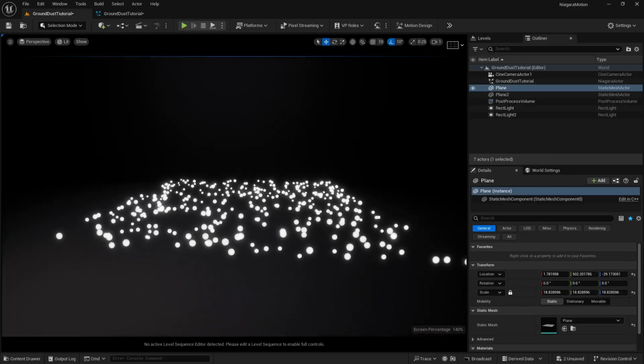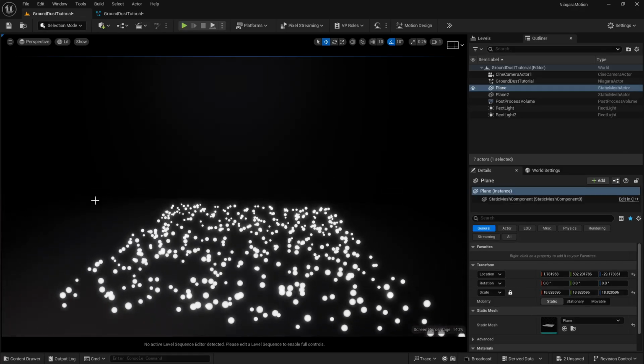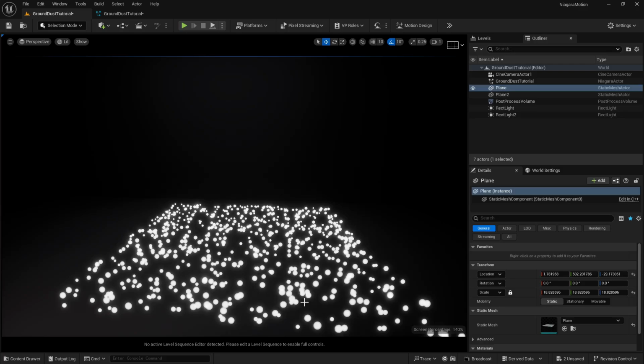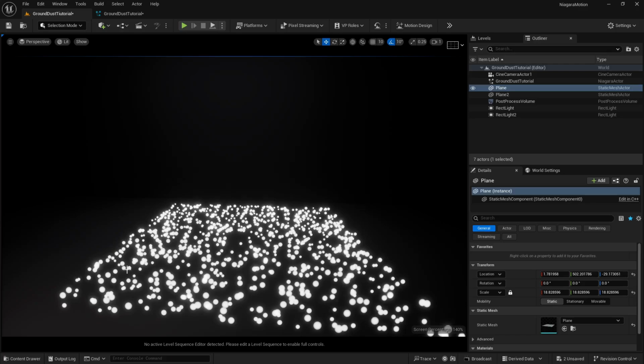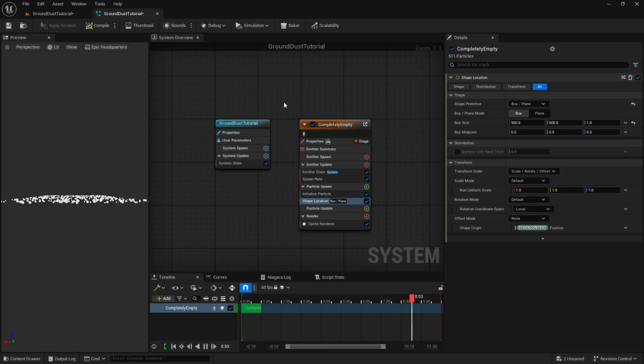So now you can see, if you want, let's say, more area to be covered, you can make it bigger, and it is not going to be that expensive because now we are using only Niagara effects. We are not using Niagara fluids here. Now let's just go back here as well, and if you want, you can play with the scale mode as well and all that stuff. But now we need to move forward here.